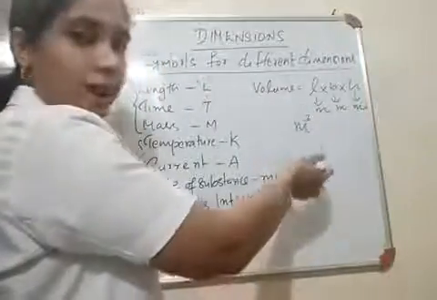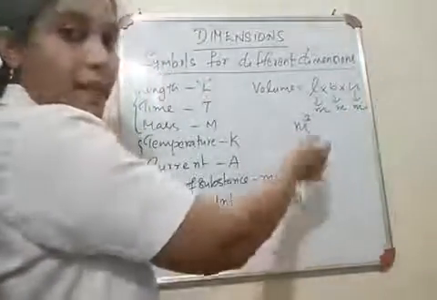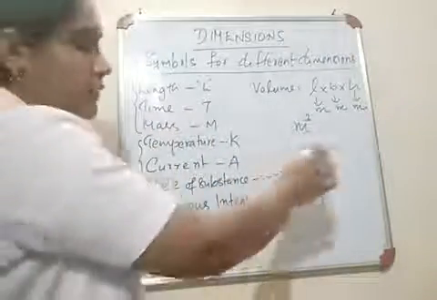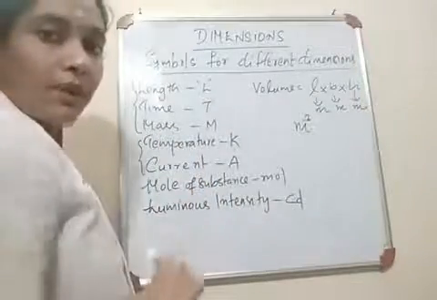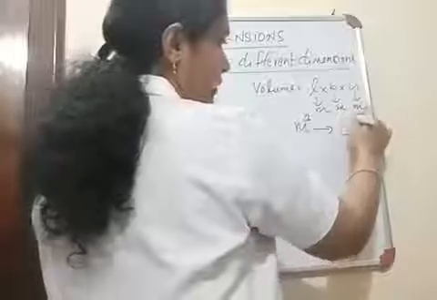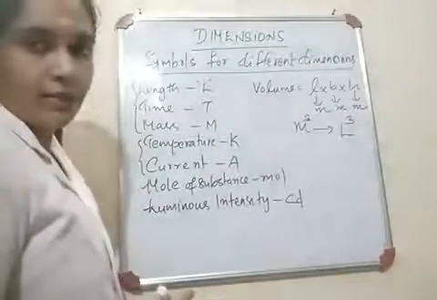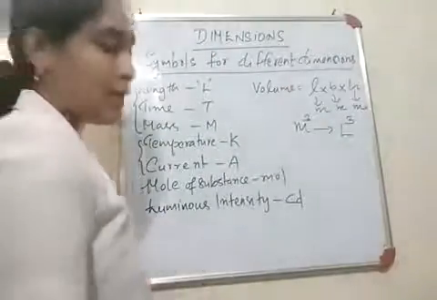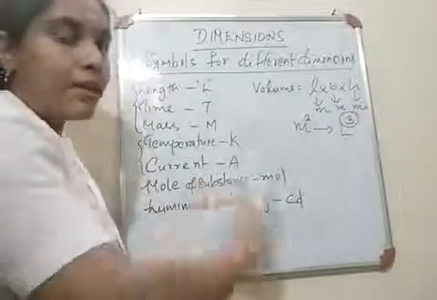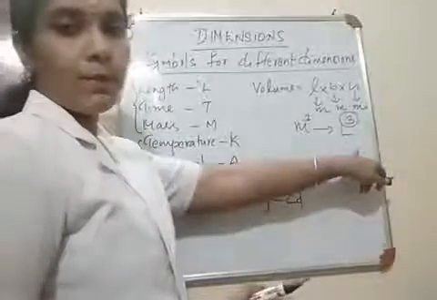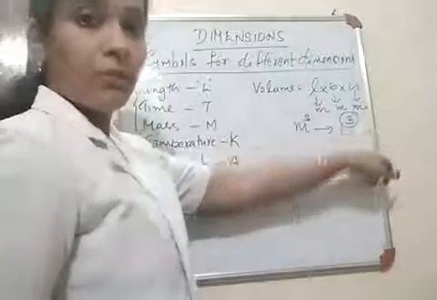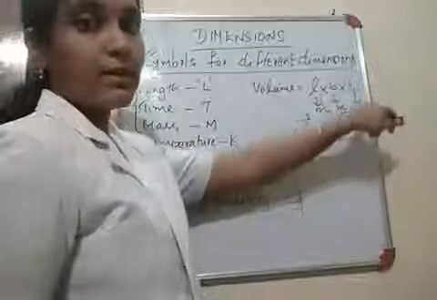So whenever you write it in the dimension form, the meter should be expressed in L. Because meter is the basic unit of length, so meter should be expressed in length. So instead of meter cube, we can write L cube here. L cube is the dimensional form of volume. And what is the dimension? This power, to which that fundamental quantity, L is the fundamental quantity, and 3 is the power to which this fundamental quantity of length is raised.